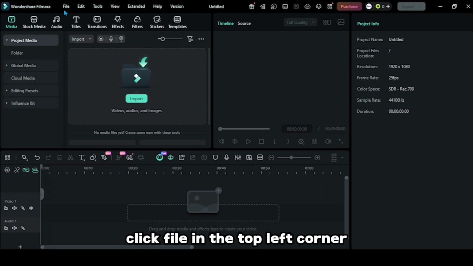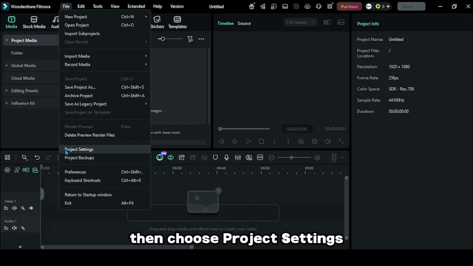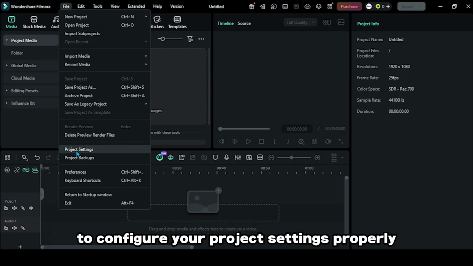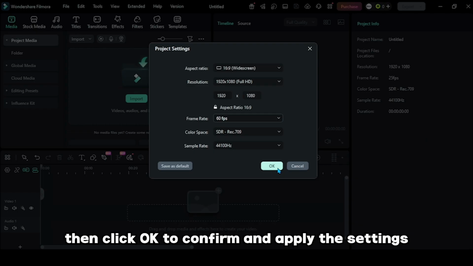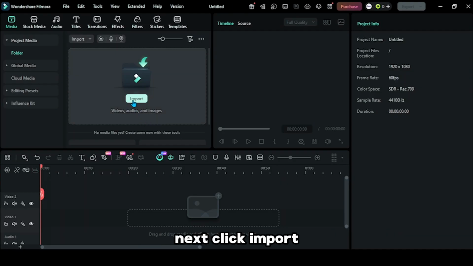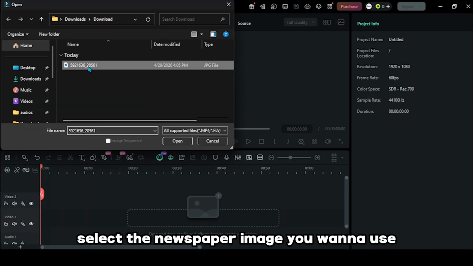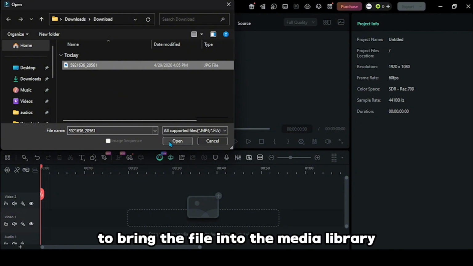session. Click File in the top left corner, then choose Project Settings to configure your project settings properly before editing. Adjust the project size according to your needs, then click OK to confirm and apply the settings. Next, click Import. Select the newspaper image you want to use, then click Open to bring the file into the